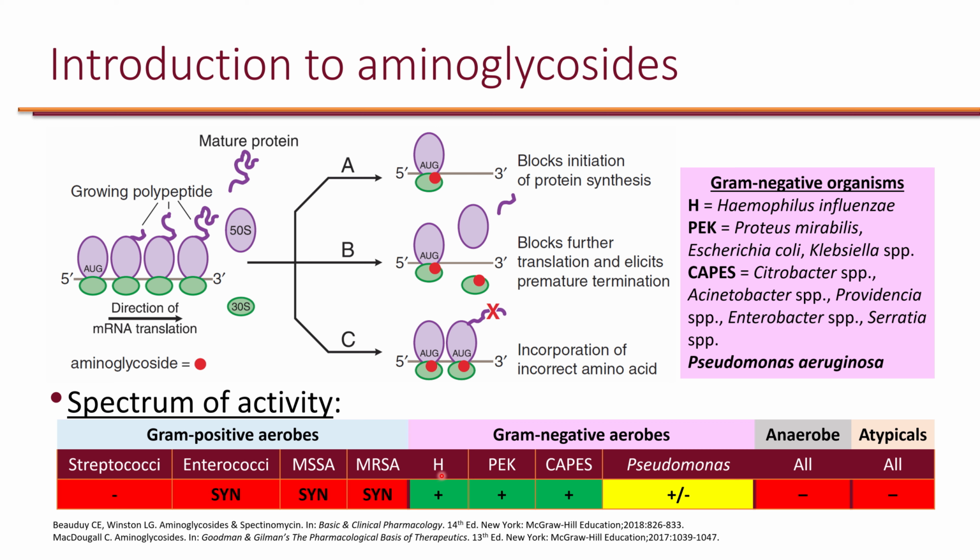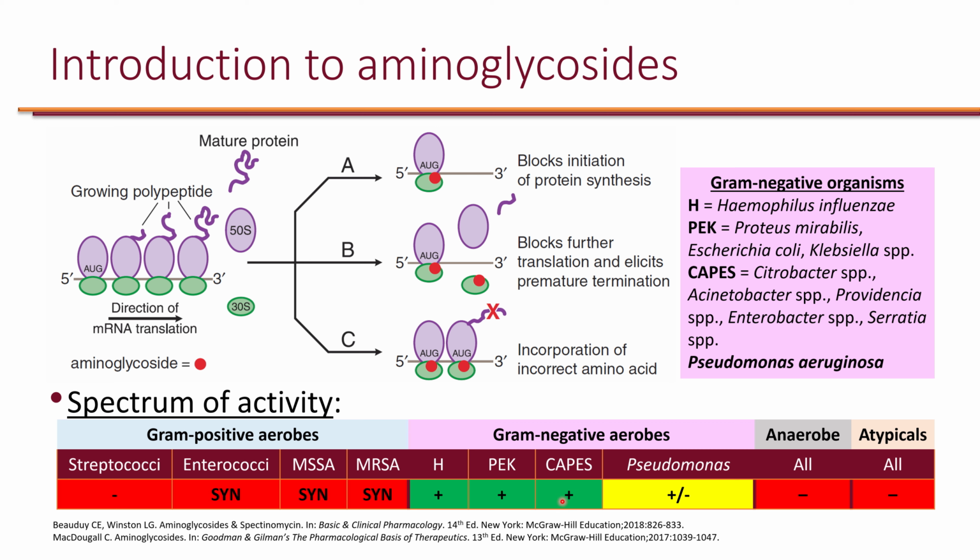So H for Haemophilus influenzae, so they have great activity for Proteus, E. coli, and Klebsiella, and of course for KES organisms, and that's in general. So Citrobacter, Acinetobacter, Providencia, Enterobacter, Serratia. Now some of these can develop resistance, for example Acinetobacter, but there's a good chance that aminoglycosides will be active